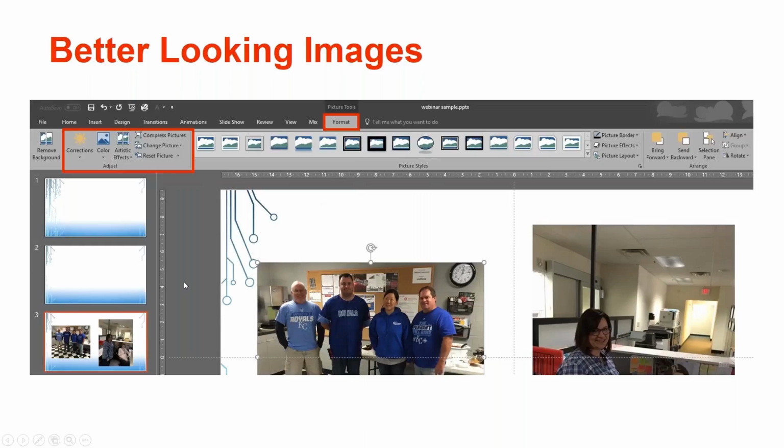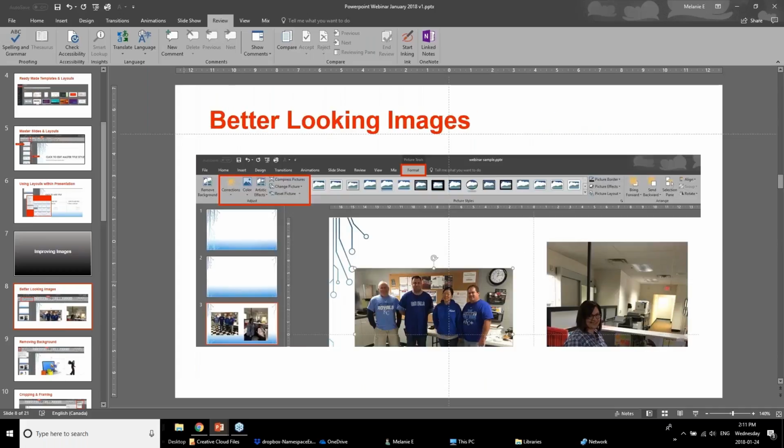Now, let's talk about improving images. Famously they say a picture is worth 1,000 words. I would challenge that, in the sense that if the picture is not great, it is not worth 1,000 words. I have seen this countless times in presentations where people recognize that people like seeing images in their PowerPoint presentations, but either the photographs are not clear, they're too small, or there are too many,